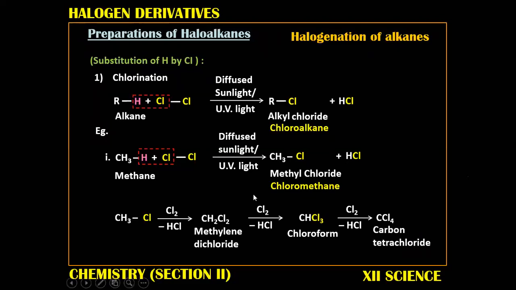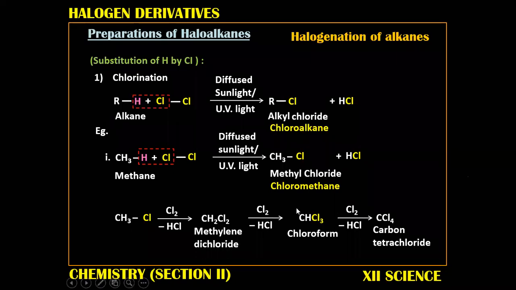I hope everybody followed. So we don't get only methyl chloride. We get methylene dichloride, we get chloroform, we get carbon tetrachloride. So we get all the products. After the note, you have to write down this continued reaction like this. After this, again put a note.